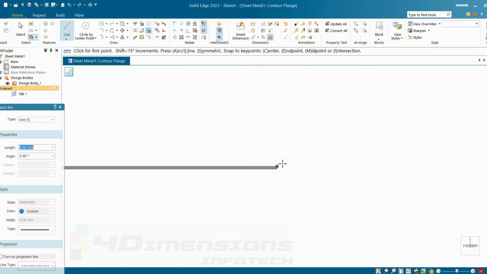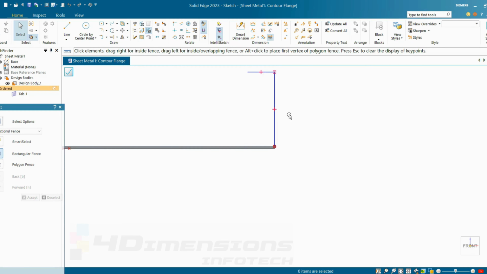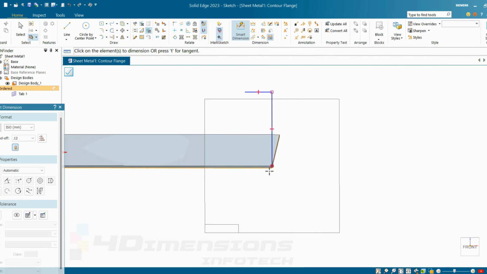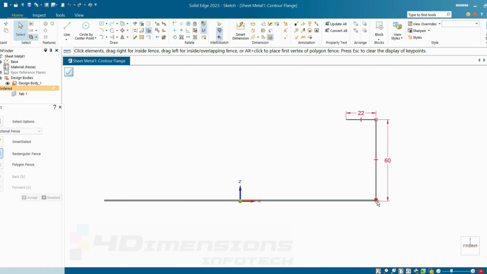Next we are going to draw the lines here. The first line will represent the vertical flange and the second line will be for the horizontal flange. Earlier we took this flange on the outer sides. Now we are taking these flanges on the inner sides. Now I'll set this height as 60 mm and this direction I'll take as 22 again. So this is 60 mm from the bottom base side. Say close sketch.